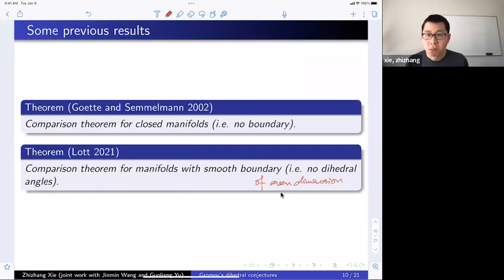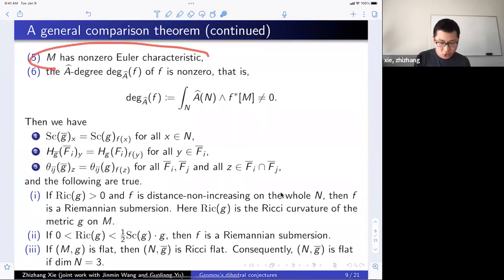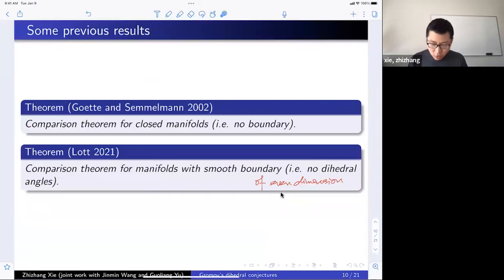Now, this is because of the method. For example, if you think about this condition right here, you're not going to have a closed manifold of all dimensions that has non-zero Euler characteristic. So one natural way to go from odd dimension to an even dimensional case, you would cross it with the interval, for example. But that would land you in a manifold with corners case.